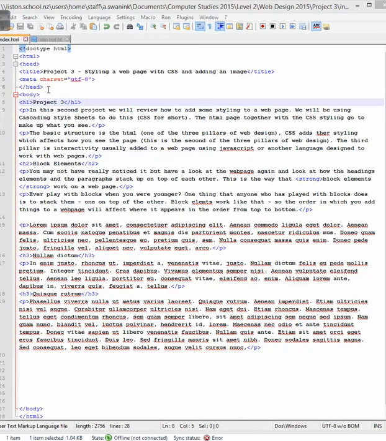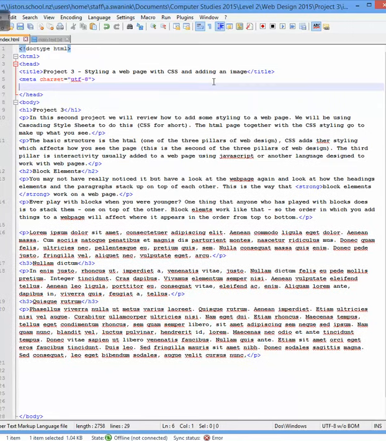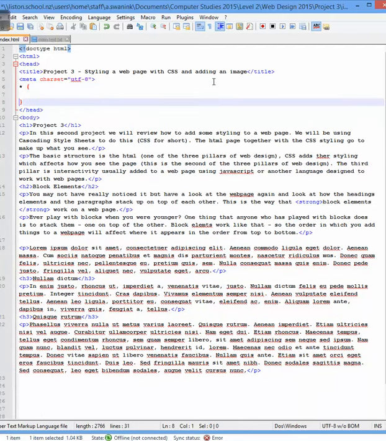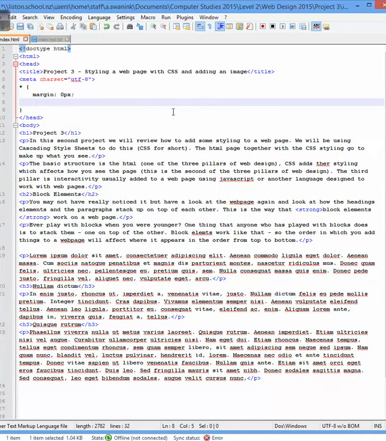Now for a start, remember what we're going to do is add some styling to the head of the document. Later on we'll look at where we can link a style sheet. Now this first rule may look a little odd, this weird looking selector here. What this is used for in web pages is to select all elements of your page, so every single thing that's on our web page at the moment,